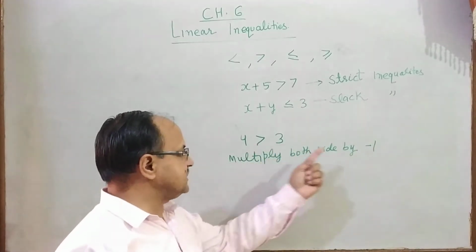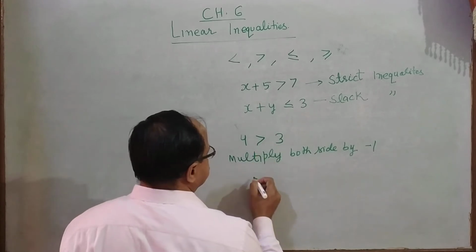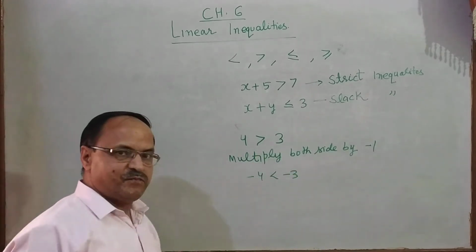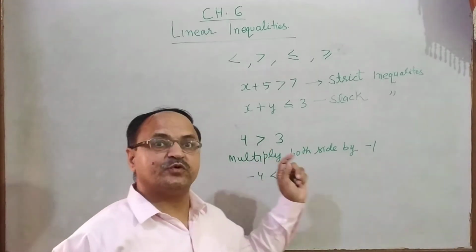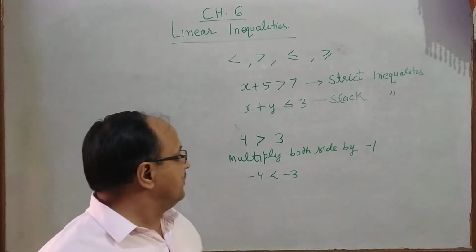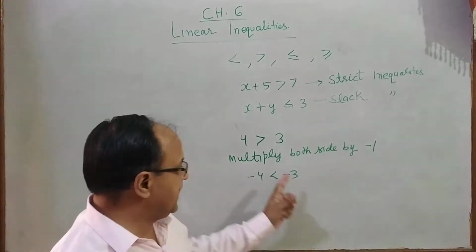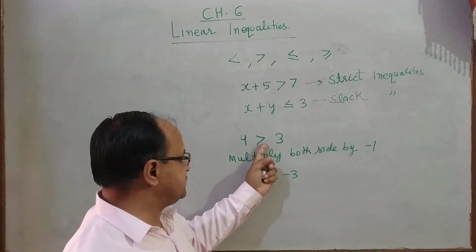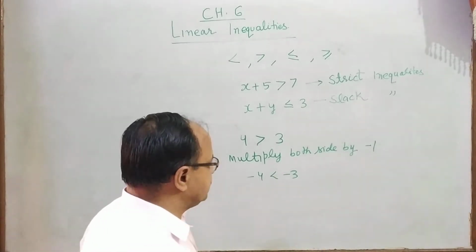If you multiply both sides by a minus sign, then this inequality changes: -4 less than -3, it becomes like this. Clear? This is the main point. When you multiply both sides by a negative number, then the inequality changes. It is greater than, then it becomes less than. Or when you divide,